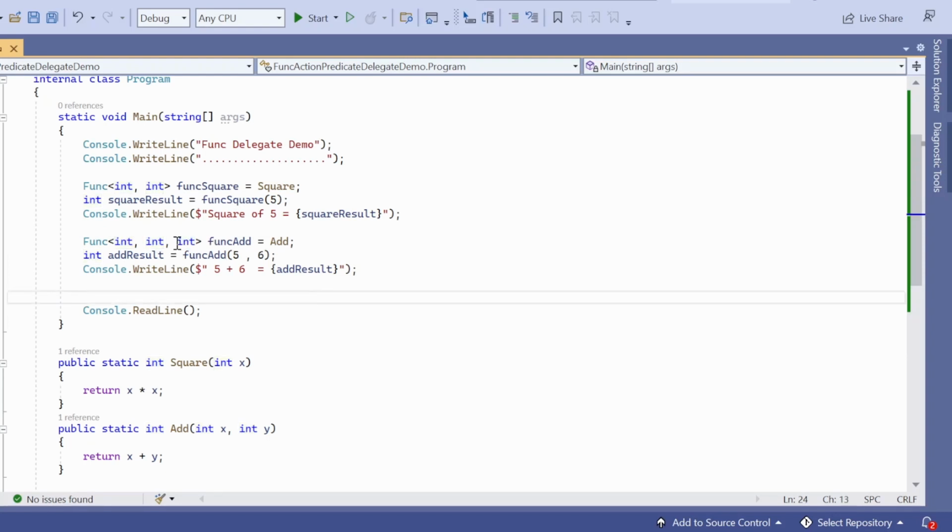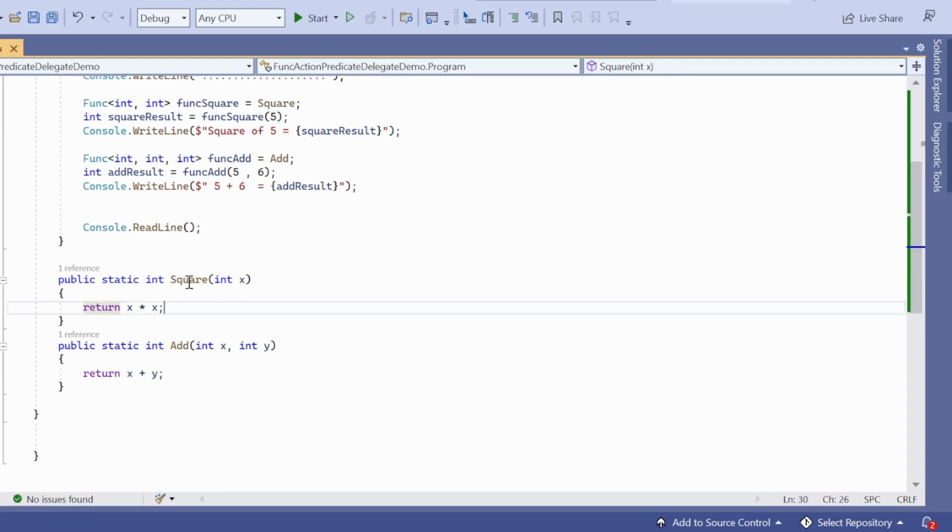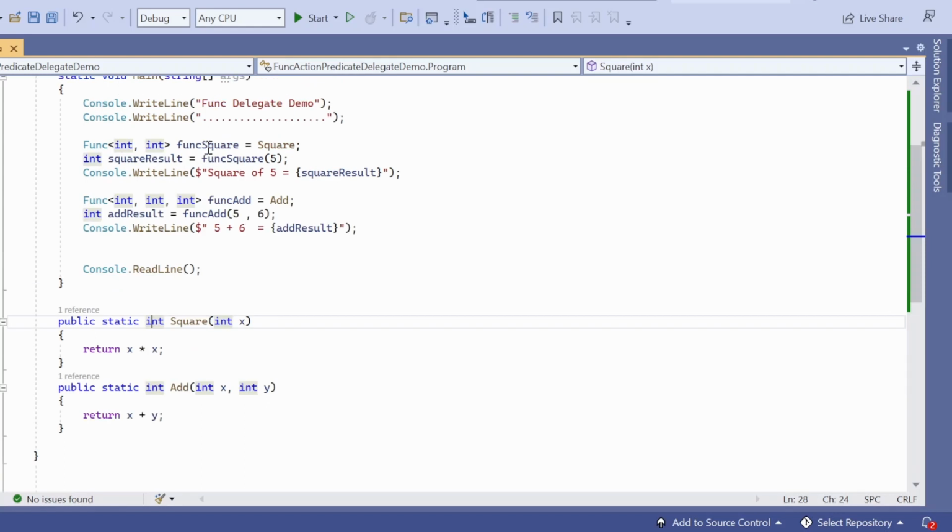For Func square, I have assigned a Square method to it. If you see the signature of this Square method, it accepts only one input parameter and the return type is int. So the Func square signature and the Square method signature match, so it can reference it. That's why I have assigned the Square method to it. I have called this Square method with the help of the Func delegate instance, passing the parameter 5. It calls the Square method and gives the output, which I store in the square result variable and print